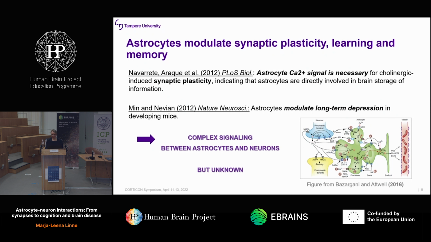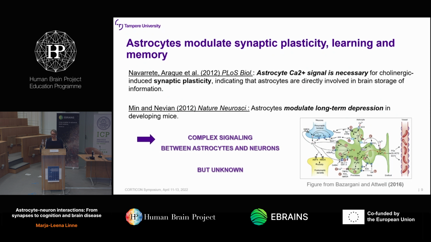So we have been interested in applying both bottom-up and top-down modeling methods to understand the role of astrocytes in brain activity and functions. And recently, we've been, as I said, very interested in looking at how astrocyte-neuron interactions are involved in synaptic plasticity. I will now go through this study, and then we will look, in a very brief way, at a couple of other studies that we've been doing.